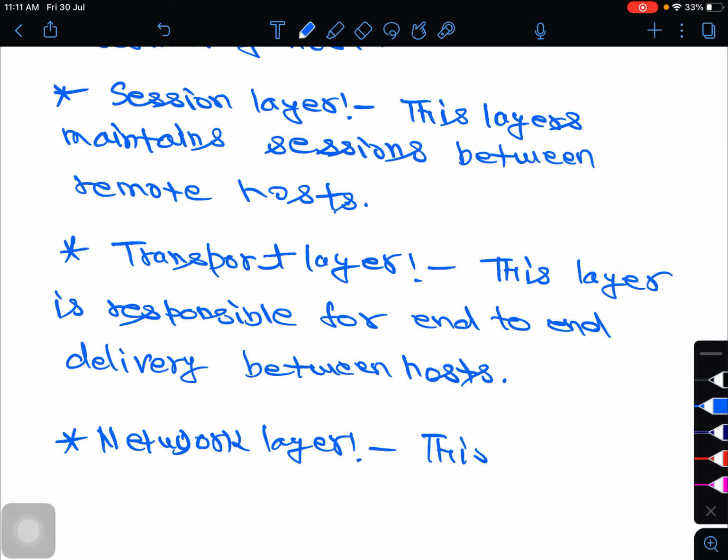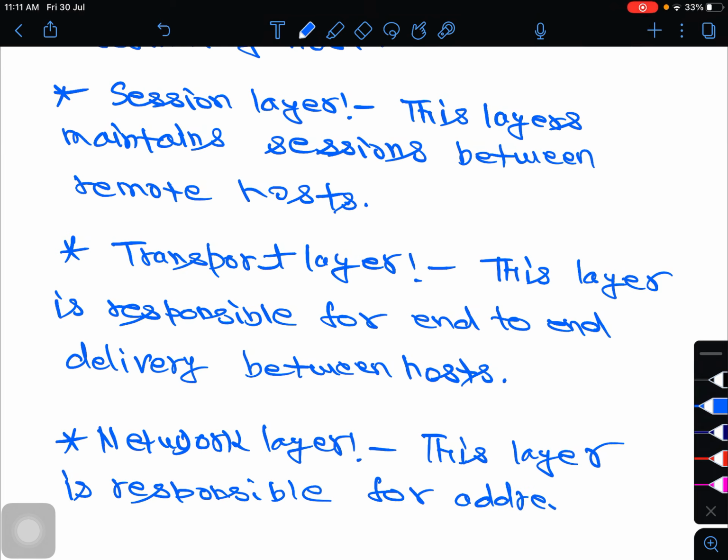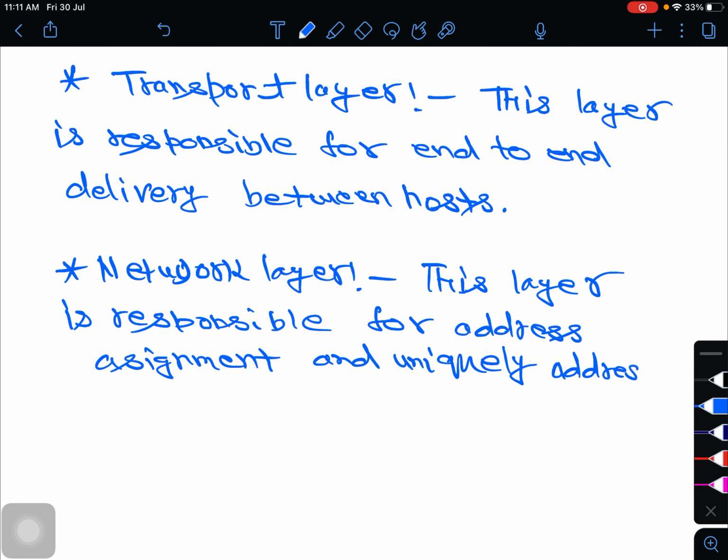So this layer is responsible for the assignment of unique addresses to hosts in a network.